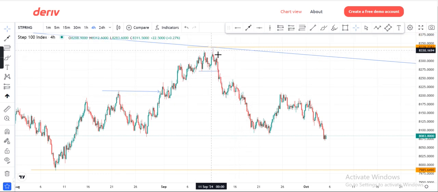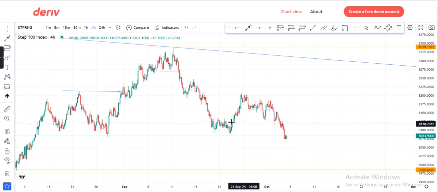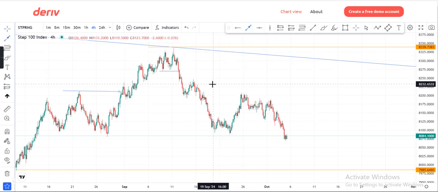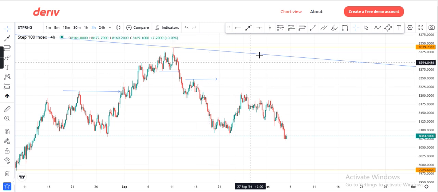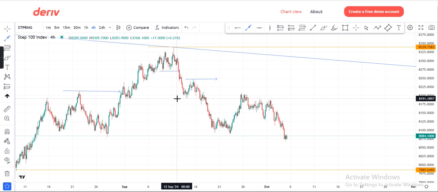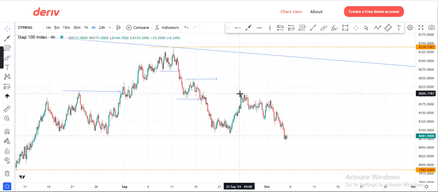That's the first one. This remains the high, and then we have this area again. So this actually is the next area the market broke structure. This is the next resistance. This is the next structure also the market broke. So this is our high, this is our lower high, this is our low, this is our lower low. Now we have to still check out and we'll see this is our lower low,